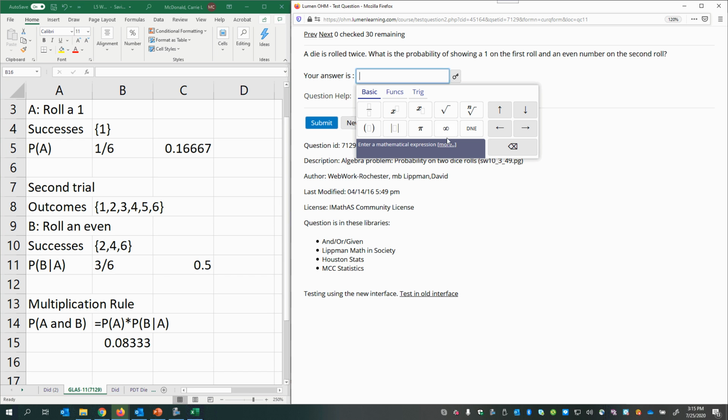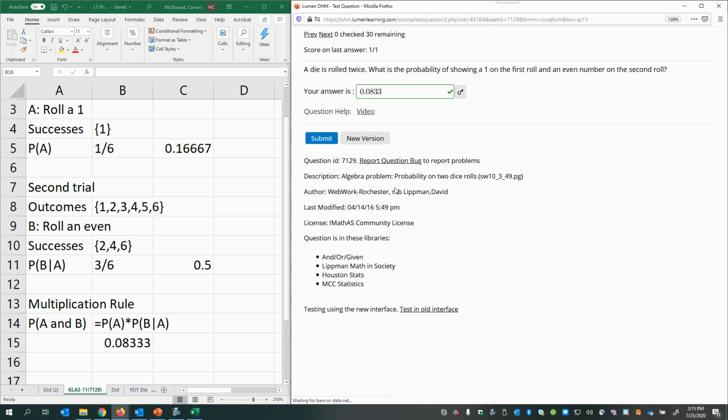So my answer is 0.0833. I'm going to go to 3 significant digits, not counting the leading 0. So that should give me, yay,